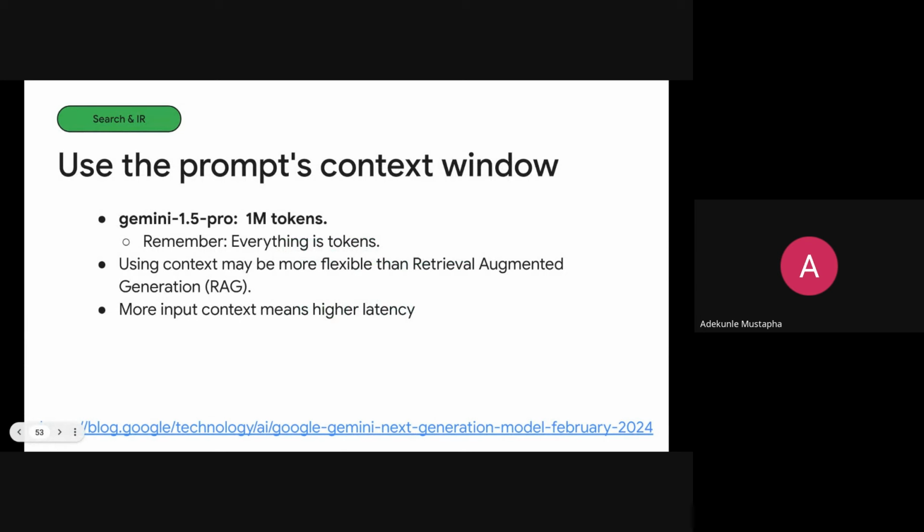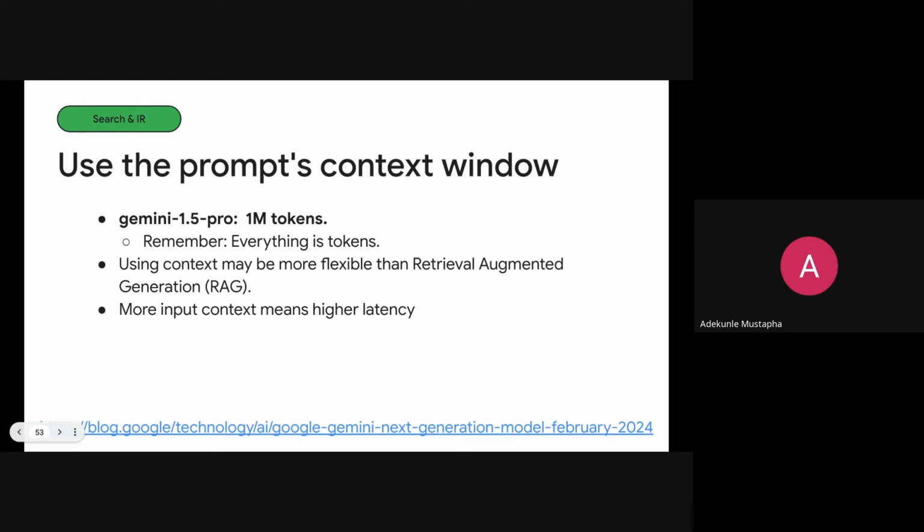You can also use the prompt's context window when you are using search and AI tokens. Just as a summary, you should remember that the model takes in your input as tokens, and the more you specify, the more your input can influence the kind of response that it gives. You should also take note of the context to be more flexible rather than just relying on retrieval augmented generation. So make sure that your contexts are flexible rather than just using a RAG model.